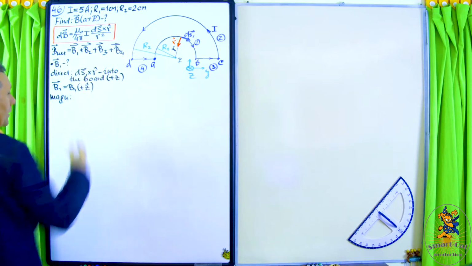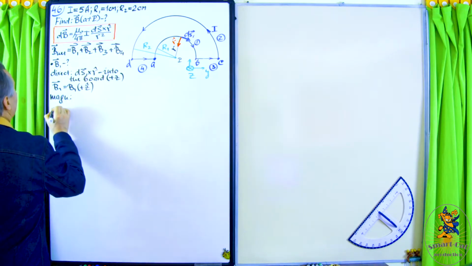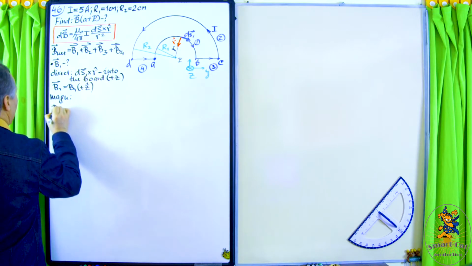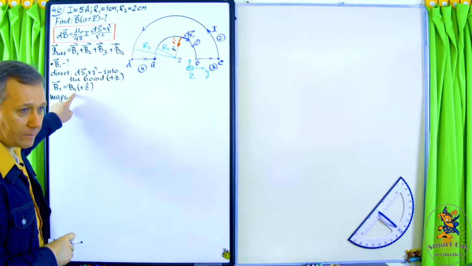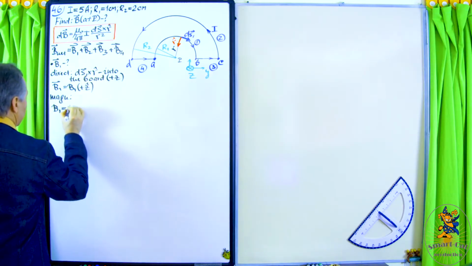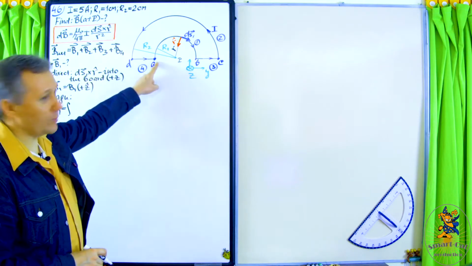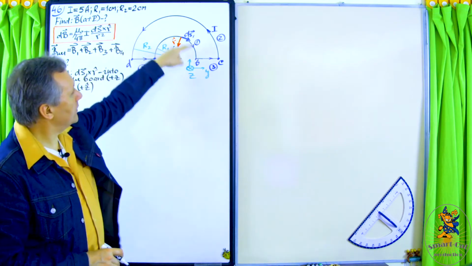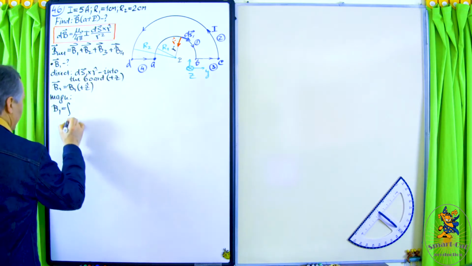Right. Okay, so now we need to start integrating. So b1, okay, that's the absolute value. And now I'm finding this b1, right? Of course, it will be an integral from which point to which point? That's our beginning of the first section, and that's the end. So from A to B,